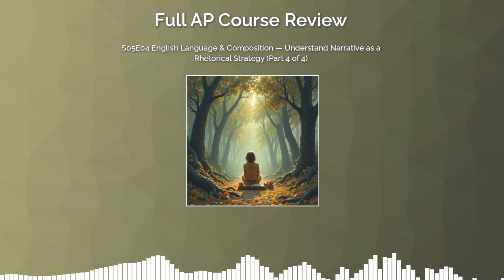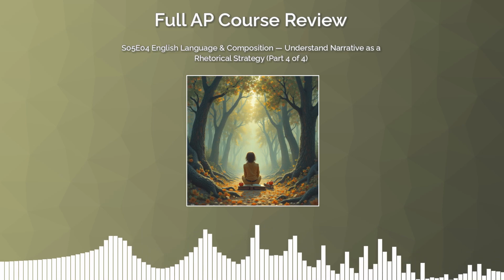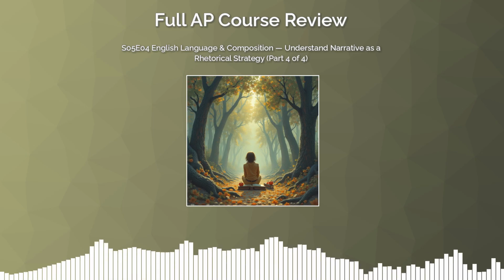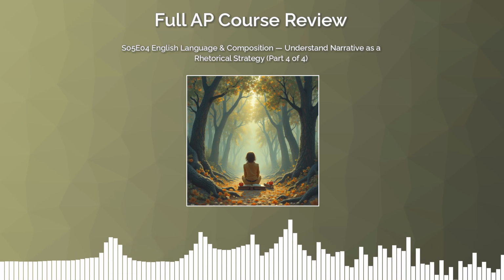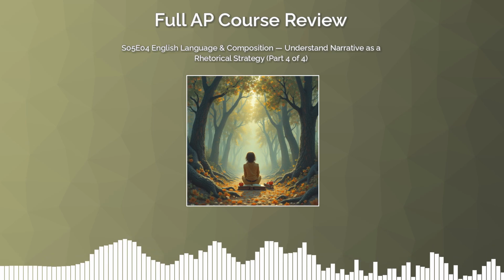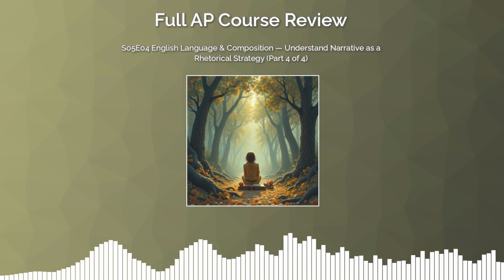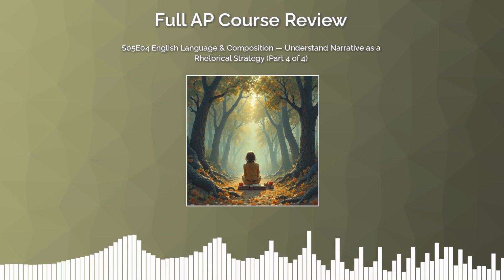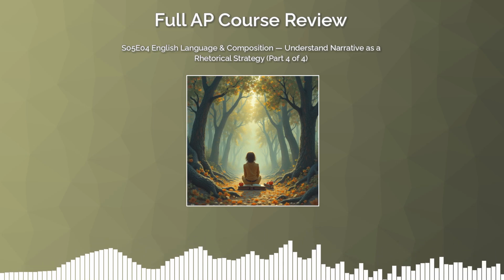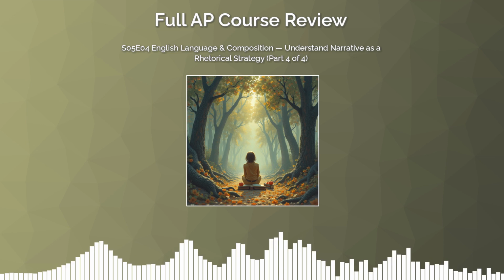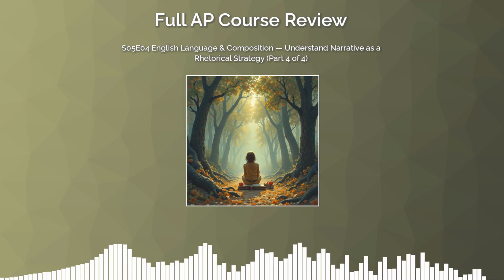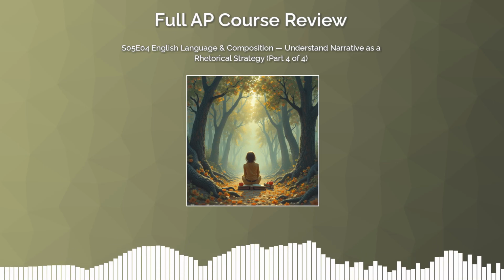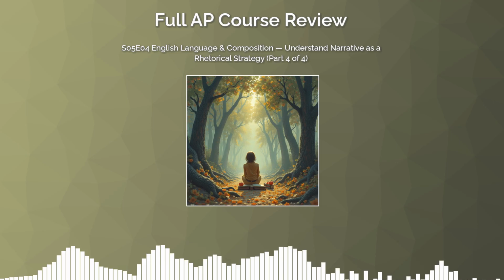For the free response questions, the scoring rubric rewards you for doing three things. Identifying the specific narrative technique, explaining how it works in the passage, and connecting it to the larger meaning or effect of the text. A student who says the narrator is unreliable because they lie earns fewer points than one who says the narrator's self-justifying language and selective omissions reveal an inability to confront their own culpability, which the author uses to implicate readers who too readily accept comfortable narratives. That second response shows analysis, not just identification.